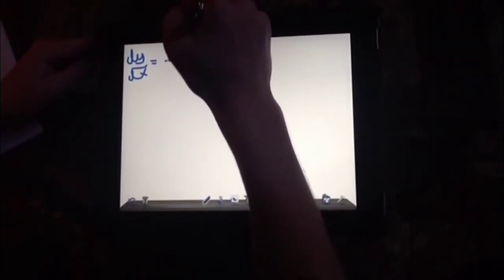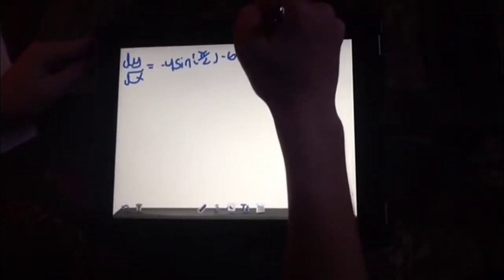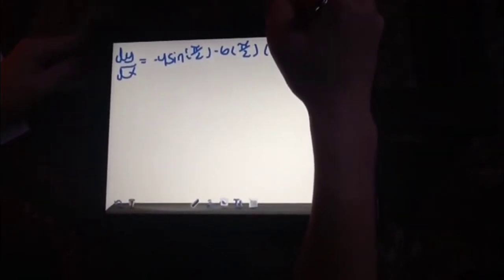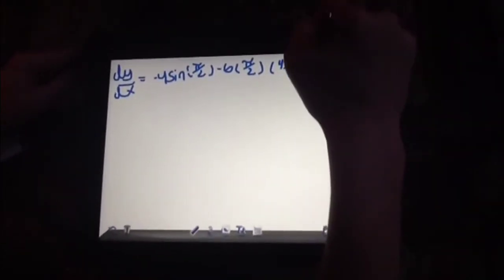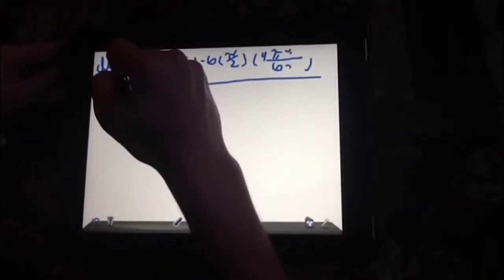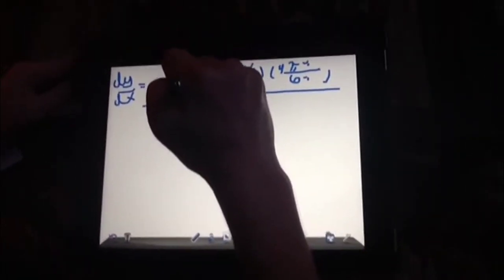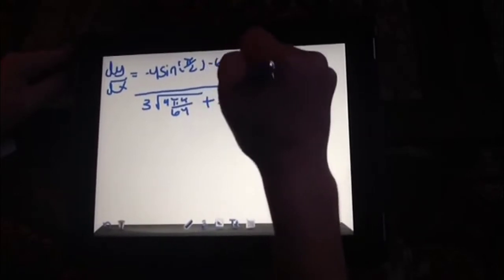So dy over dx equals negative 4 sine of pi over 2 minus 6 times pi over 2 times 9 pi to the 4th over 64 over 64 over 3 times the square root of 9 pi to the 4th over 64 plus 3 times pi over 2